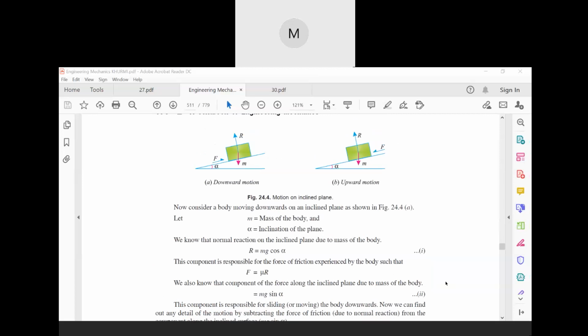So now if you see this figure, what happens here is the body was moving initially on a flat surface, but to the contrary, now the body is moving on an inclined surface, right? So now if the body is moving on an inclined surface, this means the surface is a bit slanting, right? So if the surface is a bit slanting, then what you can say is that